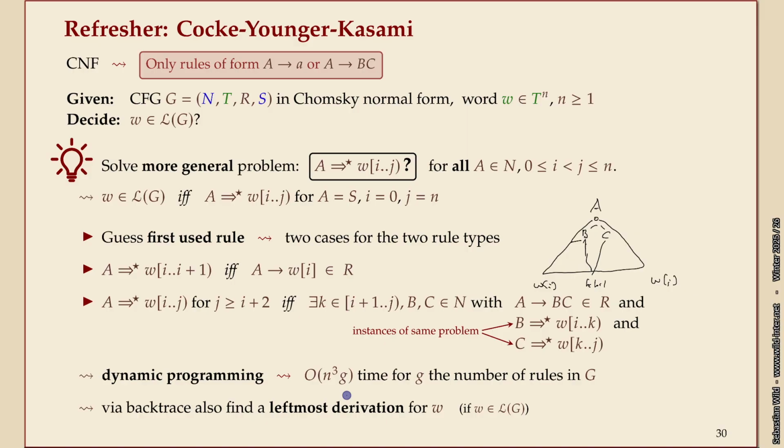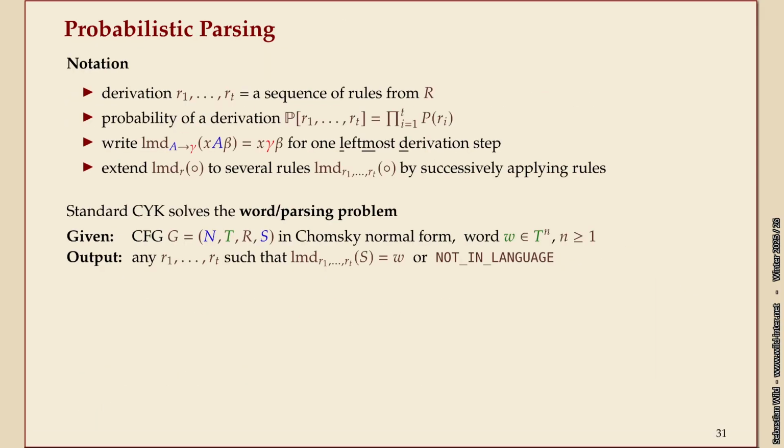This determines whether or not a certain string is producible. You can say the dynamic programming table here is Boolean. It has yes or no for each of these subproblems. But of course, if the answer is yes, you can also do a standard backtrace through this dynamic programming table. And that tells you which rules you used to get there. So in other words, it can give you a leftmost derivation by the standard trace reconstruction. Okay. That's CYK, all old stuff that maybe you just needed to undust some memories.